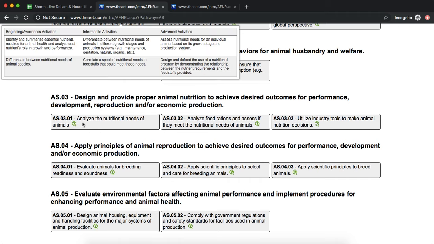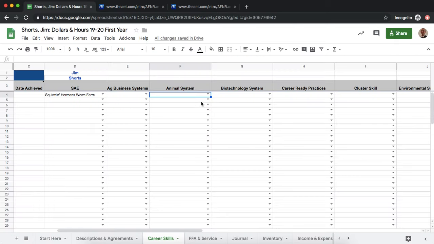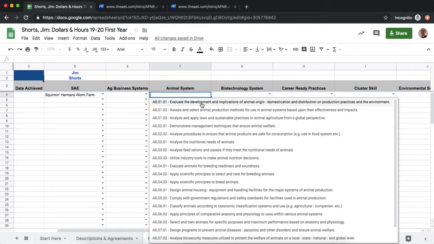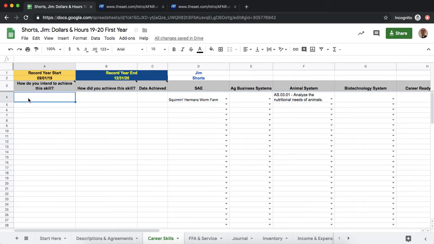So analyze nutritional needs of animals. You can see here that they have beginning, intermediate, and advanced level activities for you to actually use to meet that standard. So what I'm going to do now is go back to my Dollars and Hours and go ahead and find that standard. So analyze the nutritional needs of animals. And then within that same row, so you can see I'm in row 4, what do you intend to do to achieve this skill? So you're going to basically do some research